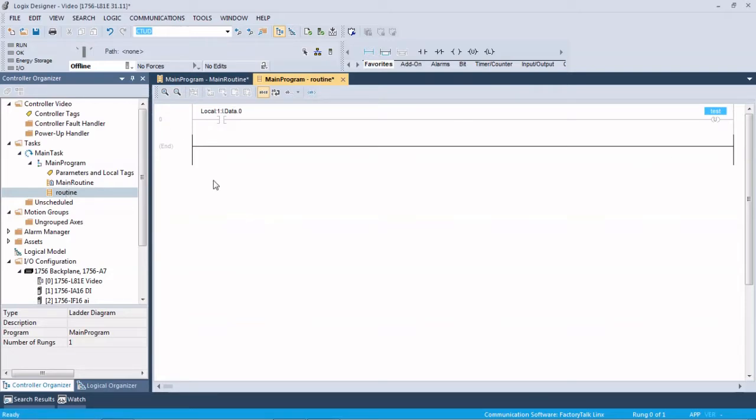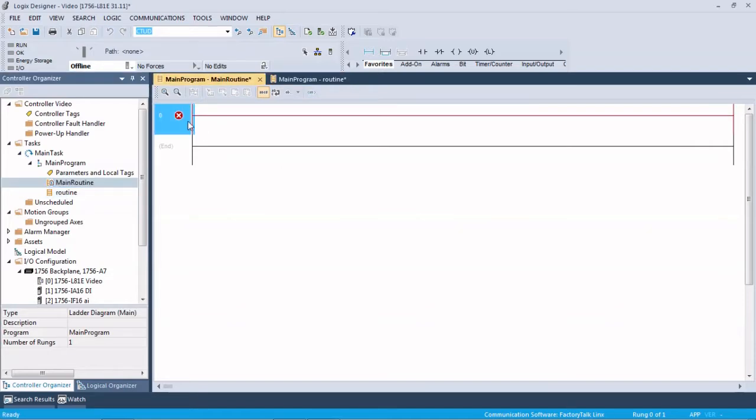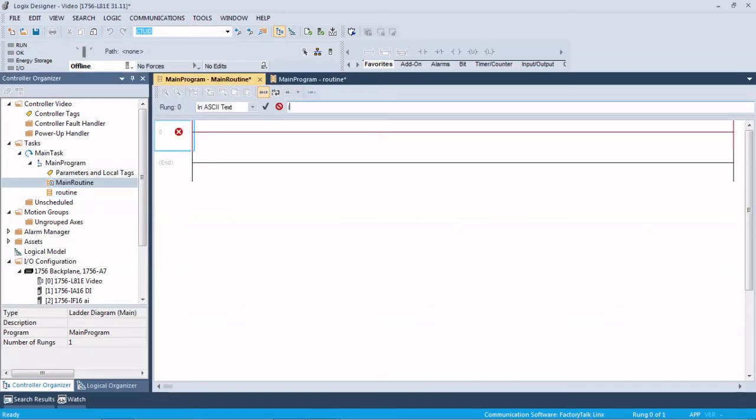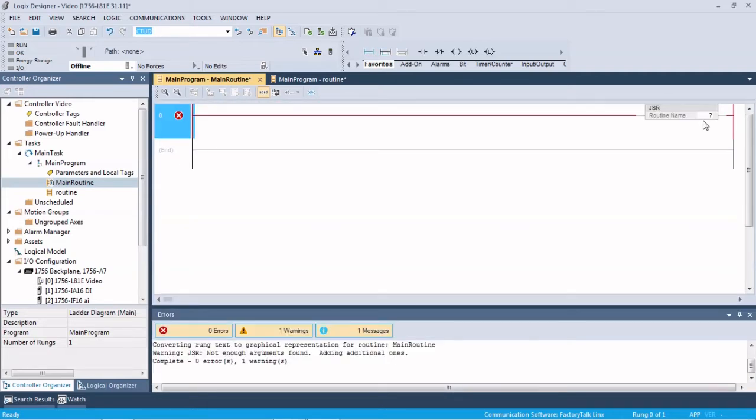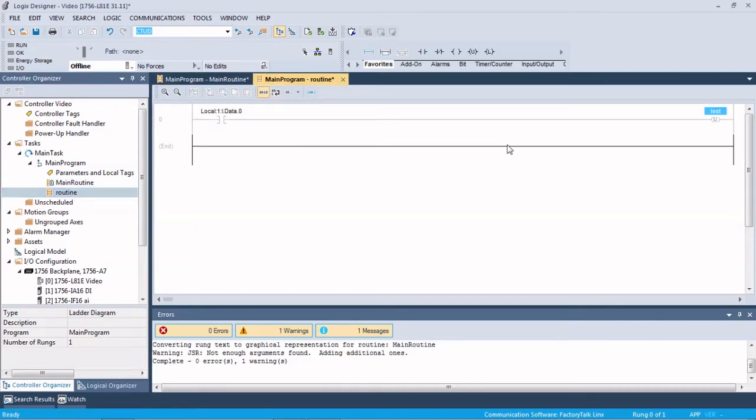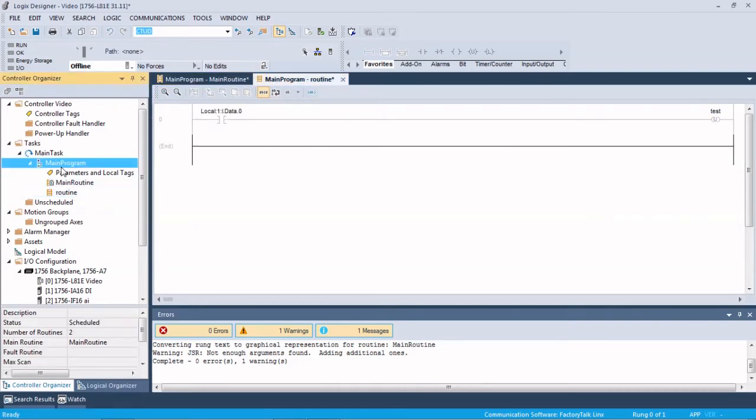Now what won't happen, this will not execute until we call this program from our main program. So we're going to put something called a JSR in. Now when the main routine executes, it's going to call this routine, which is the routine we just created, and it's going to come and execute this program. So that's the basics of just getting a 5000 program started, getting the firmware on your controller right, adding I/O,